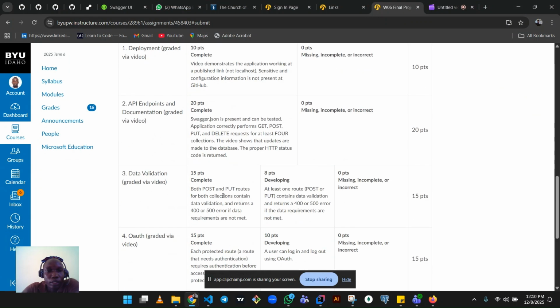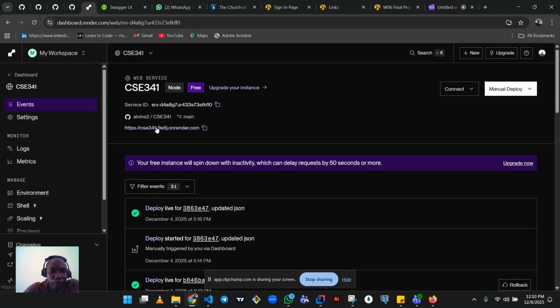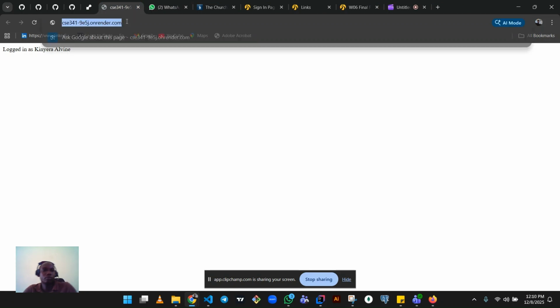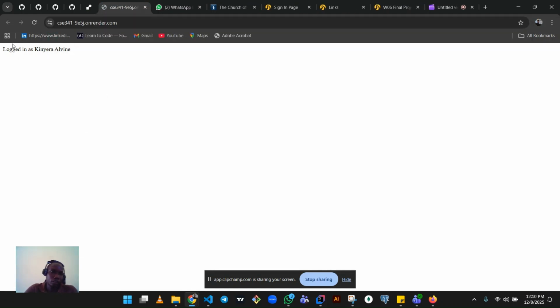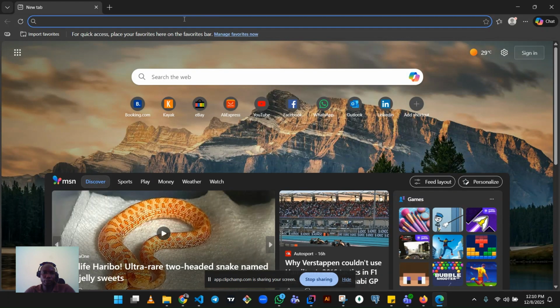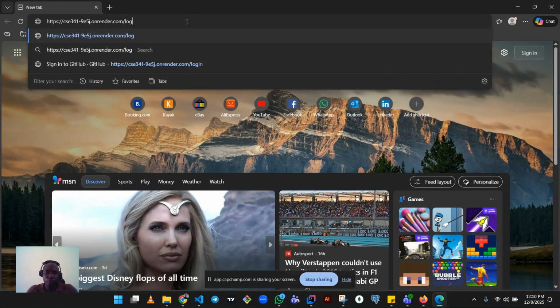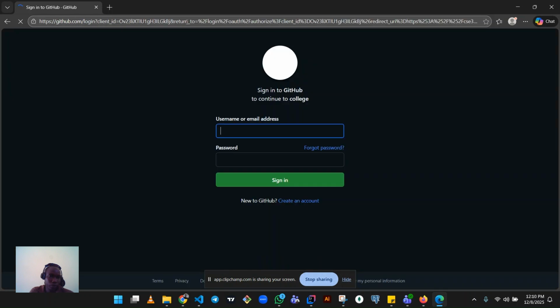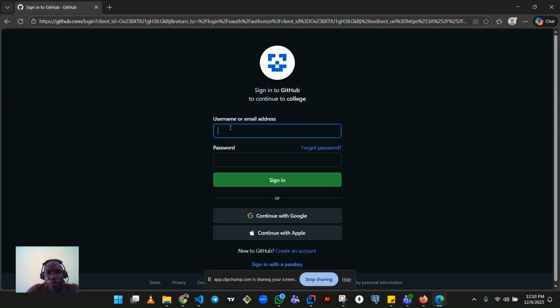So starters, this project is being hosted on Render. I'm successfully logged in because my GitHub is already signed in. But I'll just show you how it works in case I wasn't signed in already. So let me just do login. Once I log in, this will take me into the GitHub auth requesting me to sign in. So I can just fill in my details,